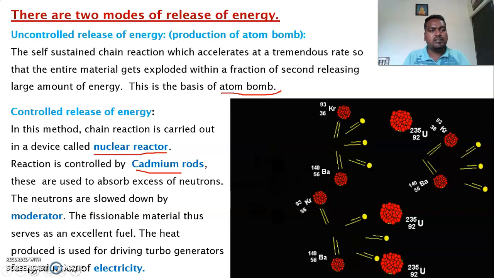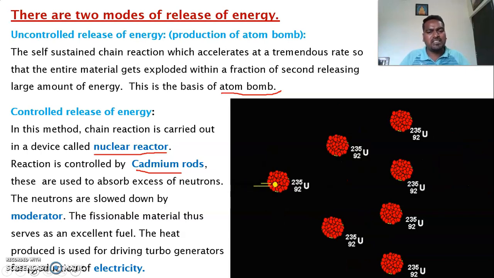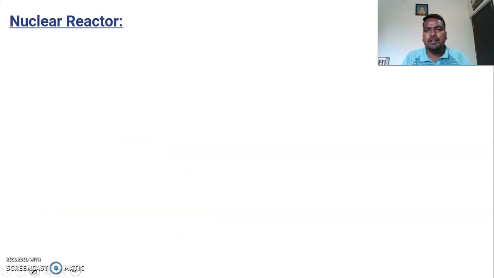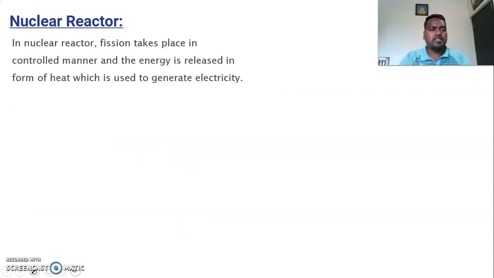And here uranium is a fuel because it's going to produce a vast amount of heat energy, and by using this heat energy we can convert it into electrical energy, which I'll discuss in the next slide. So, nuclear reactor. As I said, a nuclear reactor is a device used to perform controlled nuclear reactions. By using a nuclear reactor, we can produce lots of electrical energy. Nowadays, in many countries, lots of electrical energy is produced by using nuclear power plants, that is nuclear